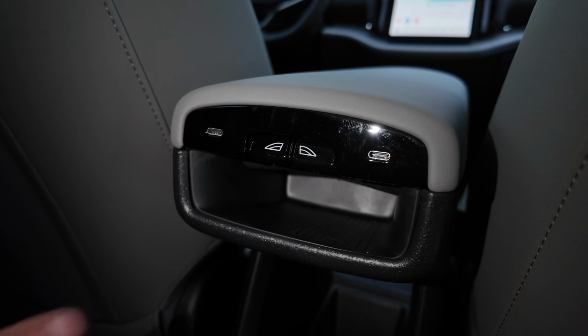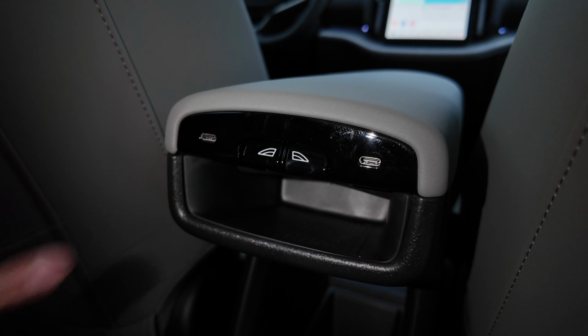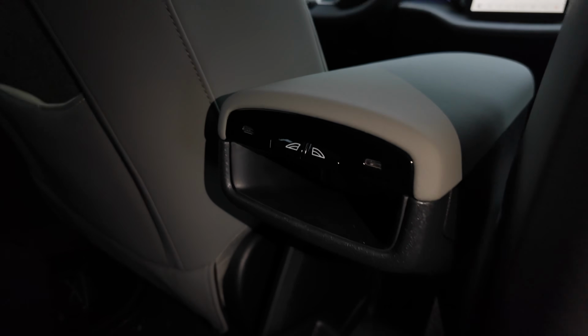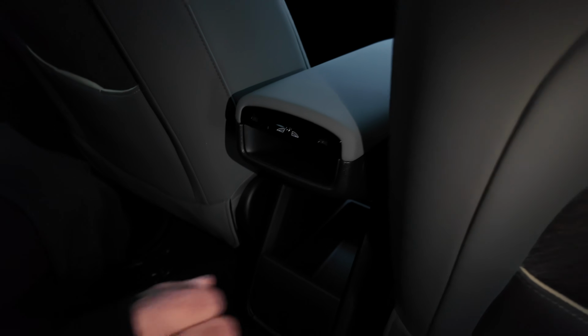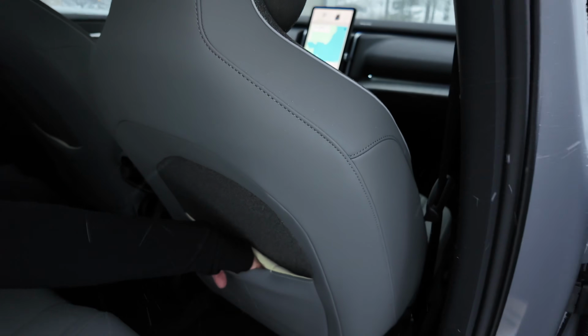You have the switches for the windows, a couple USB-C ports, a place to keep your phone, and a removable little parcel tray with more moose and tree embossing. How cool is that? The seats themselves have some pretty good practicality, a large door pocket, a smaller pouch for